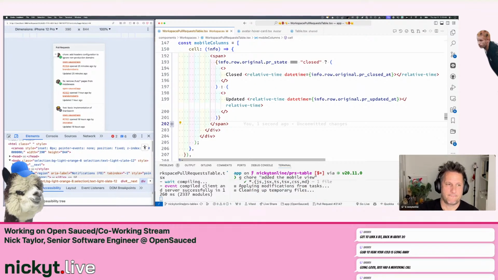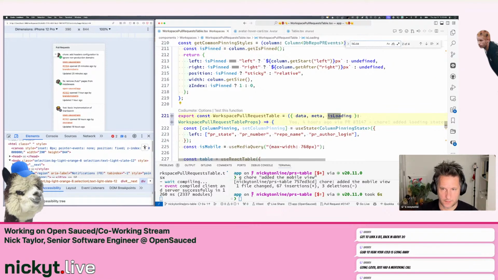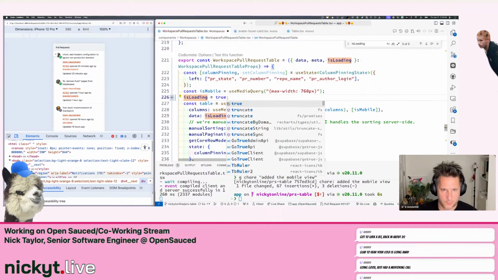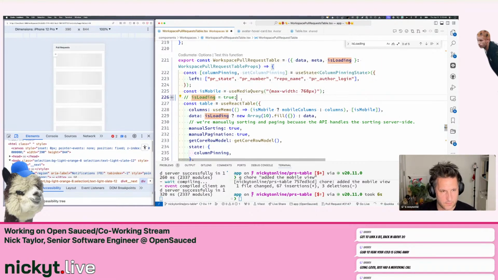Okay. That's one thing. Now, the other thing to test is loading. So is loading. Yeah, so I'm just going to say is loading equals true temporarily. Now it's going to switch here. And if we do this,